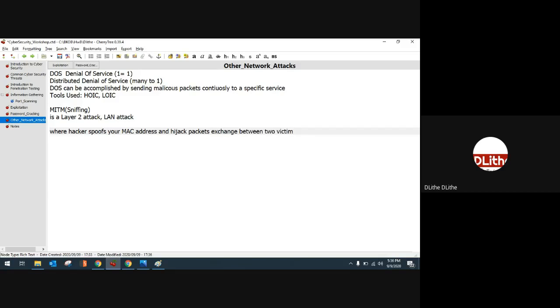So it's called spoofing the MAC address, or ARP spoofing. ARP is a basic protocol which is used to translate MAC addresses to IP addresses.